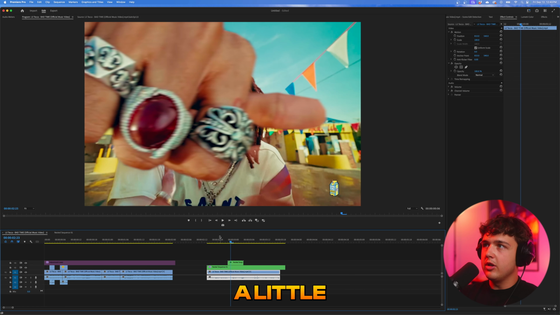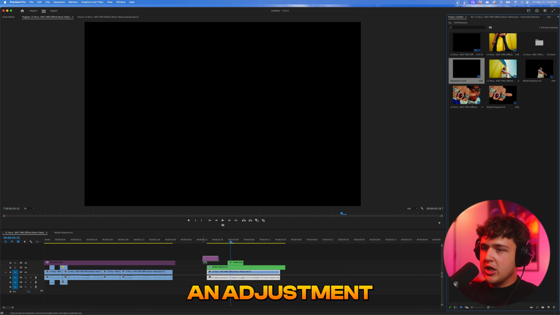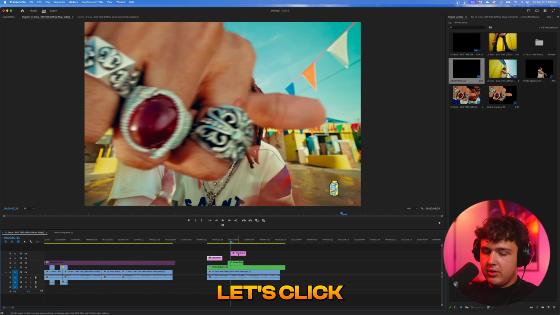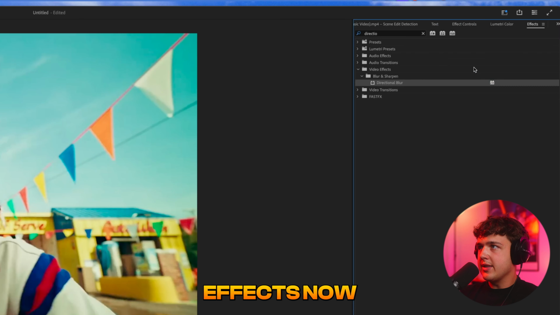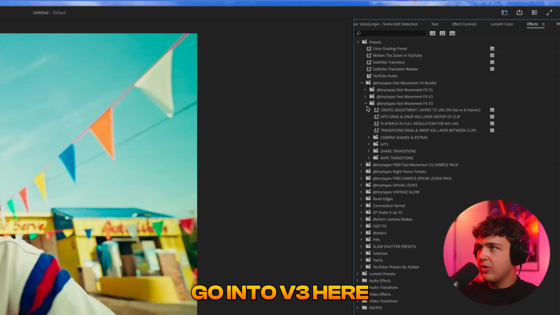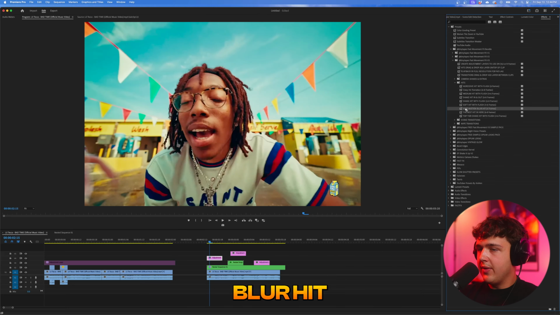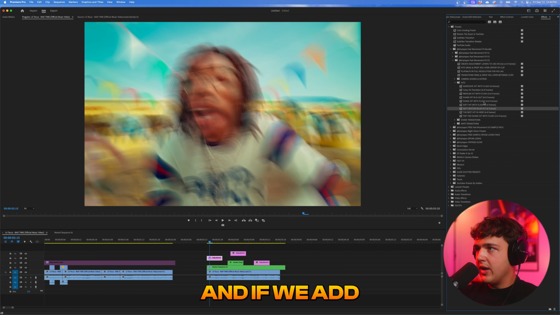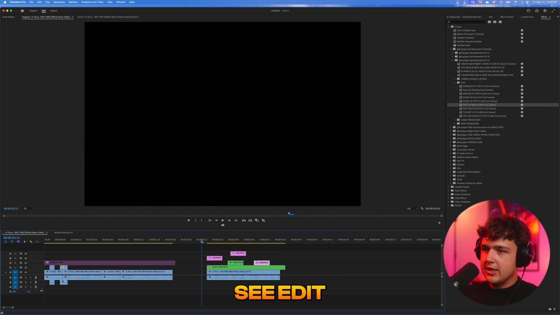If you guys want to spice them up a little bit more, let's put you guys onto some sauce right now. We're going to add an adjustment layer, and then let's click option and duplicate a few of them. So on the adjustment layers, we're going to go into effects now. And under presets, we're going to open up the fast movement effects bundle pack. And if we go into V3 here and open up hits, you guys can see we're going to have a soft motion blur hit. If we add that in here, and if we add medium hit with flash, and then soft hit with flash, you guys can see